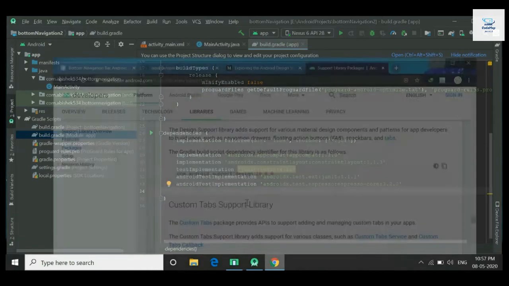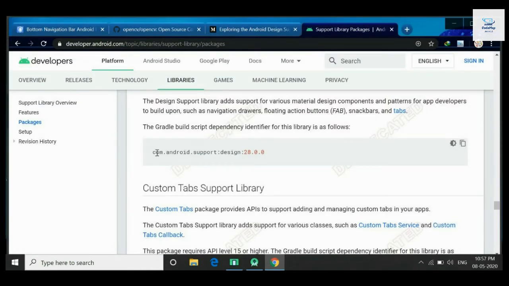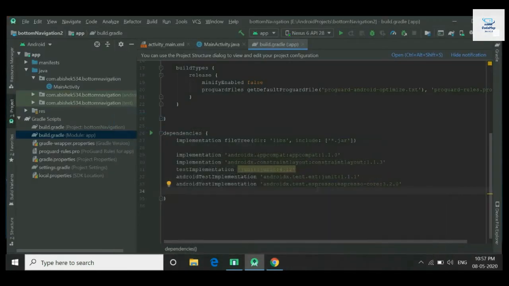I have already searched in Google, so I will copy and paste it. And click on Sync Now. So our Gradle sync is complete.